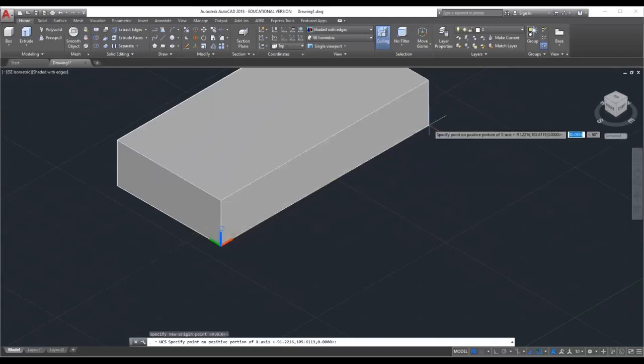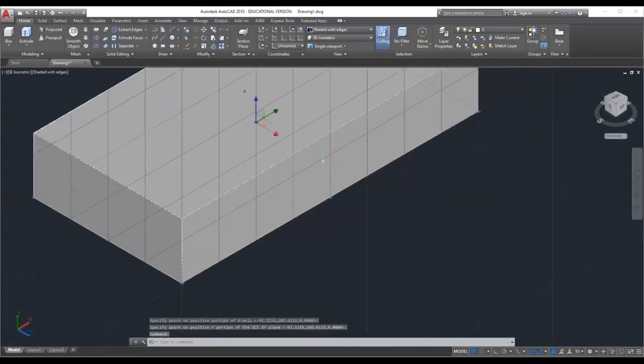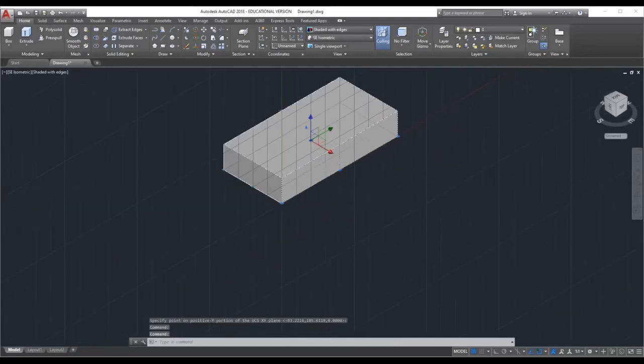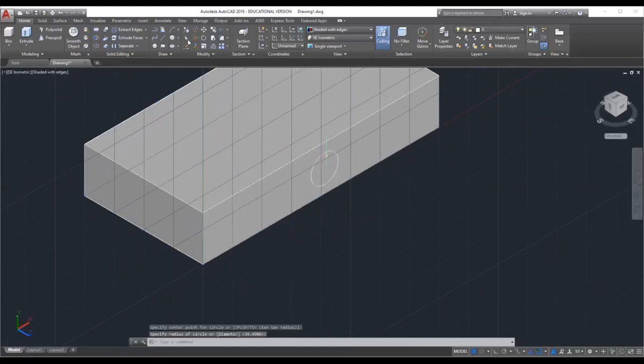Click here, and this is my y-axis. Now we have to work on this face. Now go to circle with center radius. We have to draw a circle here. Again we can draw one more circle over here.